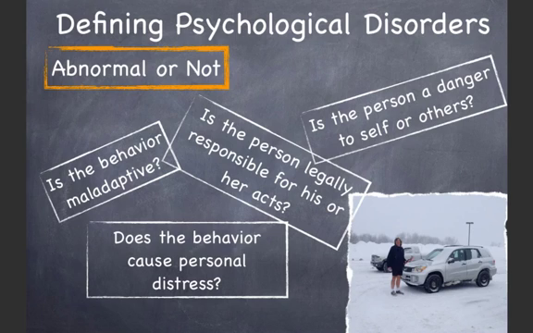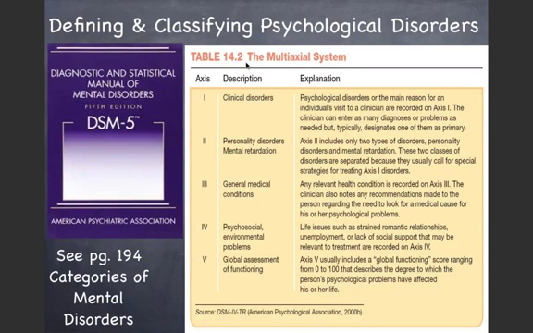Now, technically, we have a more authoritative approach, and what psychologists and psychiatrists use to define, classify, and diagnose psychological disorders is called the DSM. Now, we have the DSM-5. It was brought out, I think, in the spring of 2013. It was first published in